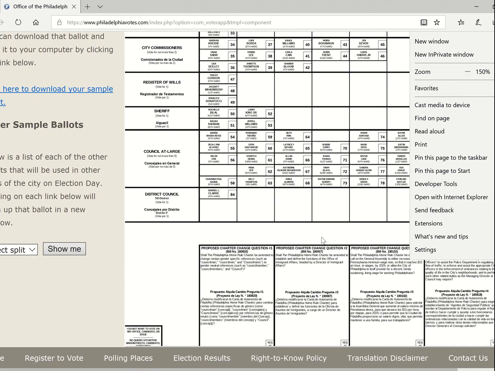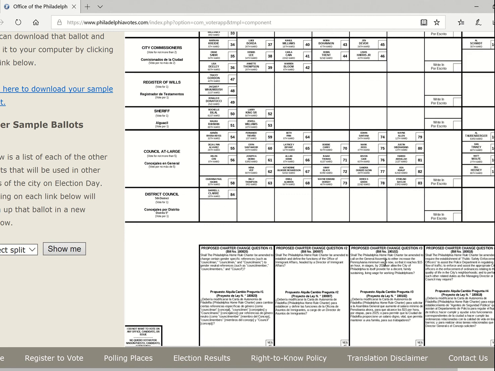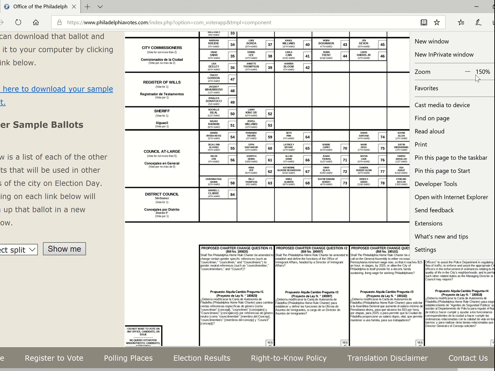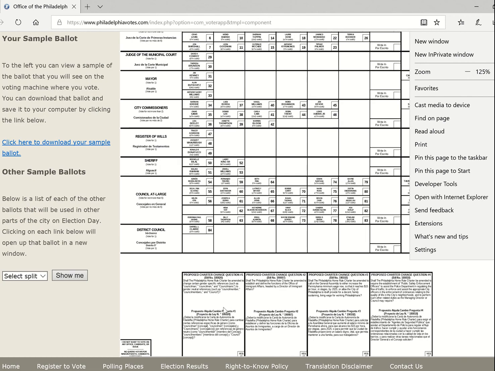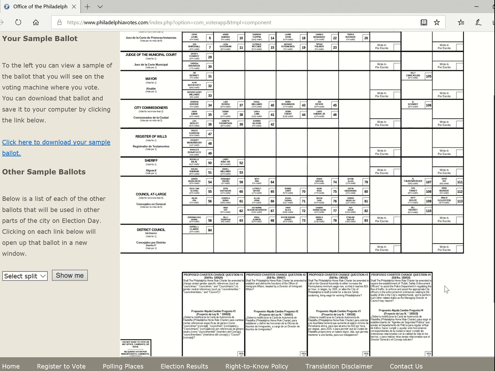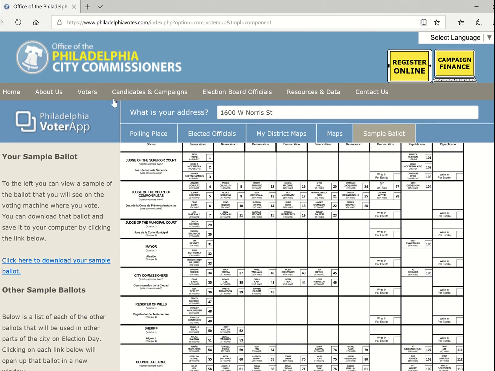So one other thing, before you walk out of the booth, on the bottom there are questions. I'm actually going to make the screen a little bit smaller. There are 4 questions, and there's more information about the ballot on our website, myfamilyvotes.com. So if you had gone through and answered the ballot questions yes, no, then you would hit the big green button. You can also find a list of candidates on the site under voters